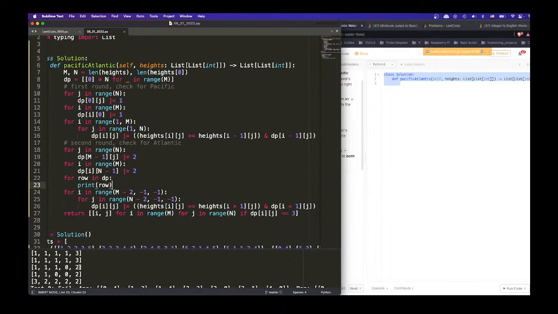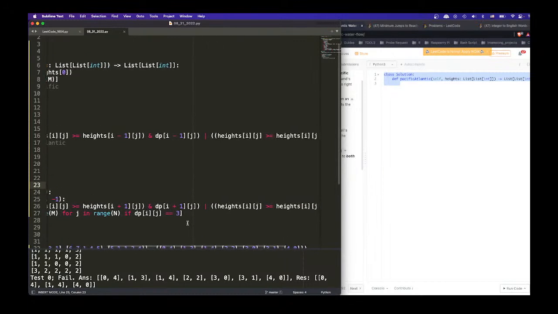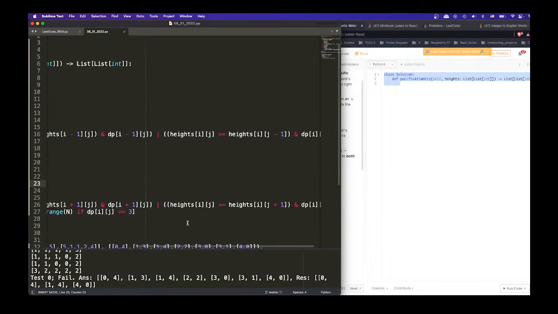So each one will look down, right? So m minus 2, m minus 1, m minus 2, right? J minus 2 is this one. And if this is larger or equal to this, or this is larger or equal to,